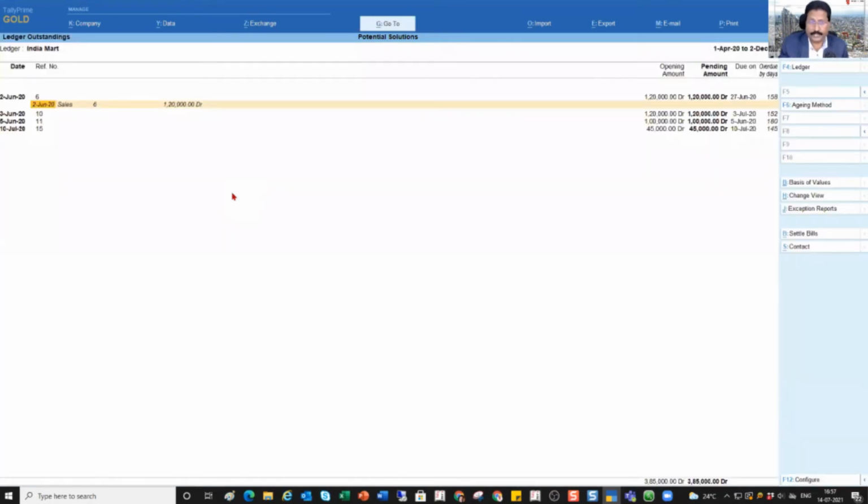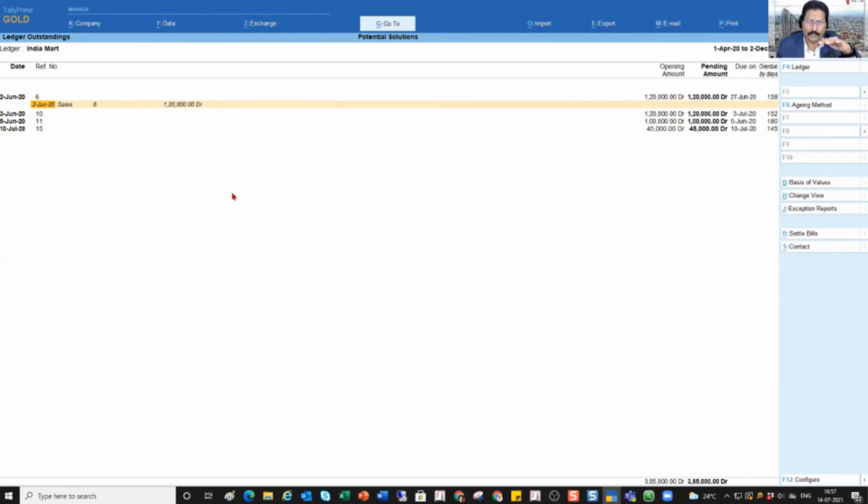The other option is, if you have seen my video on how to add a voucher, insert a voucher, cancel a voucher, delete a voucher, duplicate a voucher, in that session I have shown that from the report. Currently I am seeing the outstanding report. So from the report, you can go and insert a voucher or add a voucher.